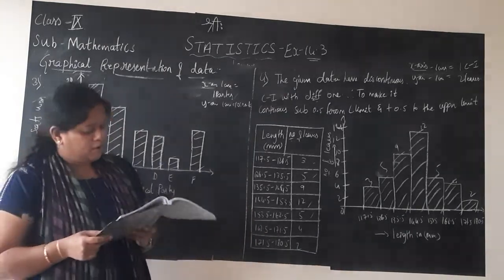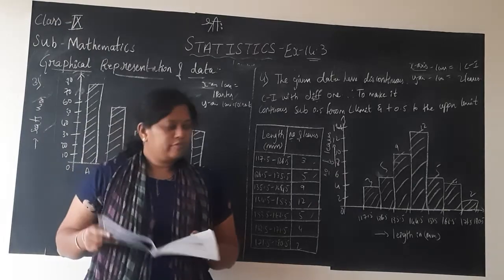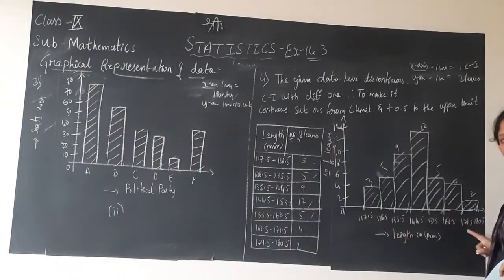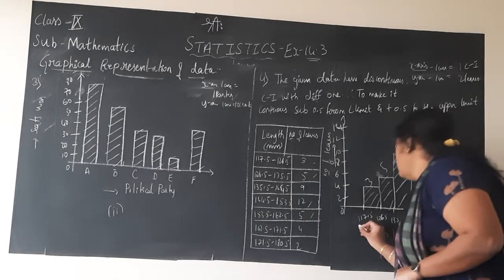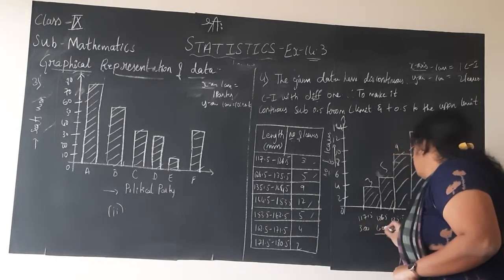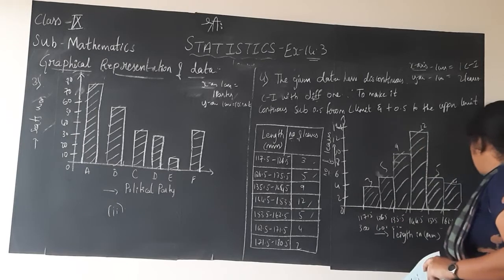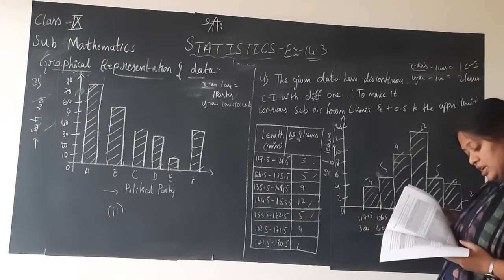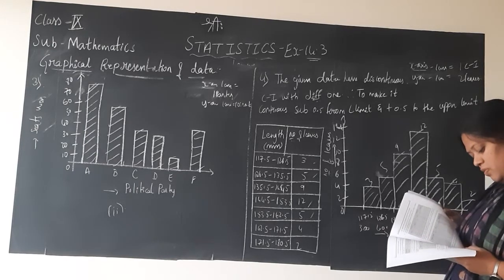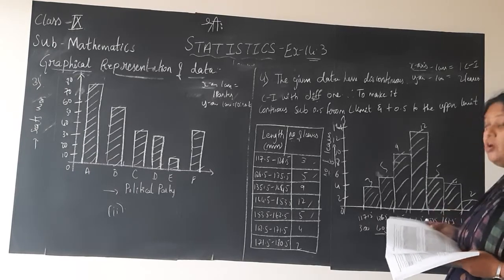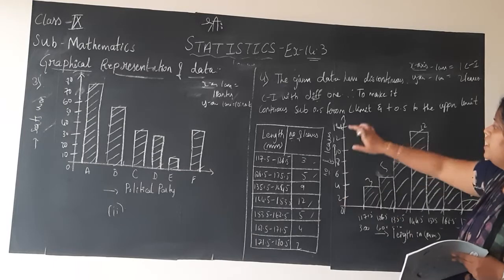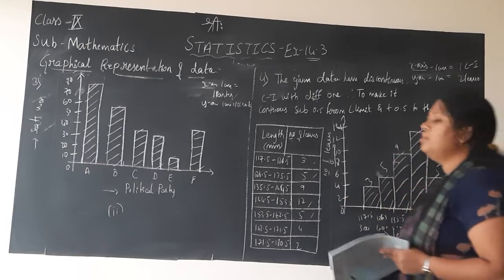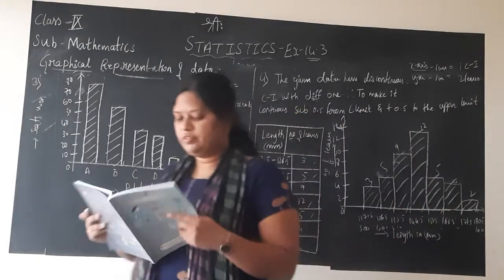Why? Because the given data is already a continuous distribution. Here you will plot the histogram. See, 300 to 400, 400 to 500, not like before, children, where we had chosen 1 centimeter as one class interval. Here you will write 300, 400, 500, up to 1000 on the x-axis. Number of lamps, least is 14 whereas maximum is 86. So how will you choose the scale for the y-axis? You think, okay? And you should draw continuous bars for this. That is about the fifth question.